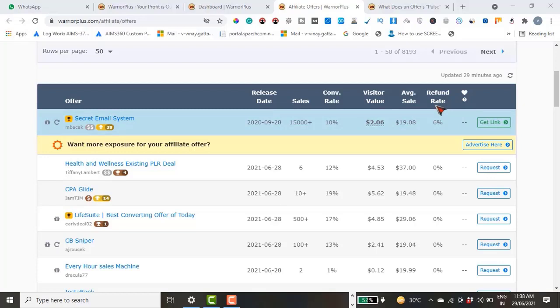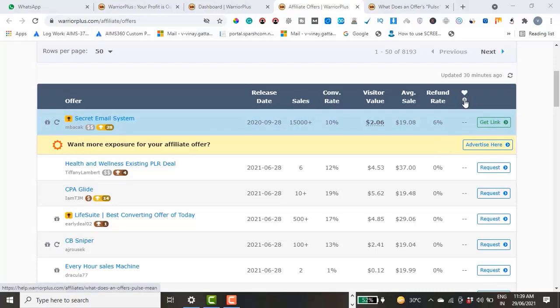The lesser the refund rate, the better it is, obviously. So make sure you look at that and keep in mind that you want your refund rate to be less than 10%.